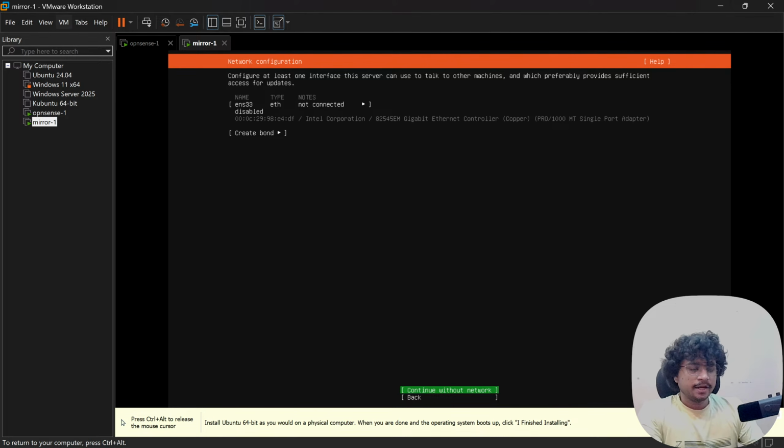Okay, now I need to provide this an IP address. This IP address, if I had a DHCP server on my OpenSense, maybe this would have got an IP by itself.